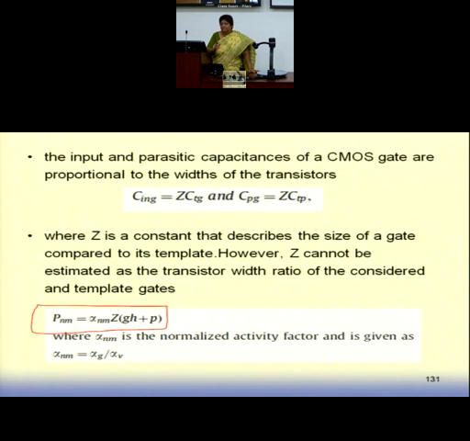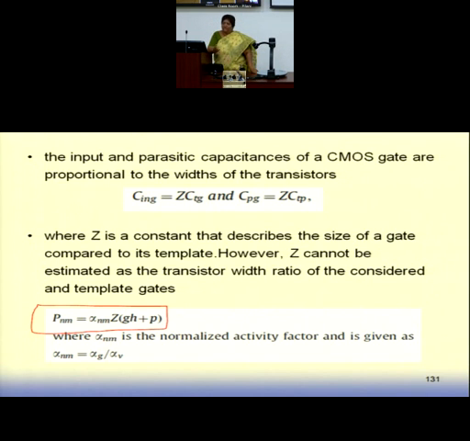Template gate is something kind of a standard, but template is something that you refer everything to. But here you are defining two different things, standard as well as template. So standard is something with respect to which we are normalizing. Template is something we are referring our width with respect to, that template gate, or the two C's we are referring with respect to. Our C in the gate is referred with respect to that.